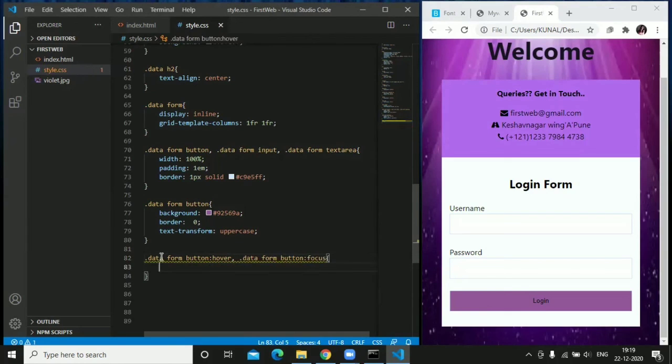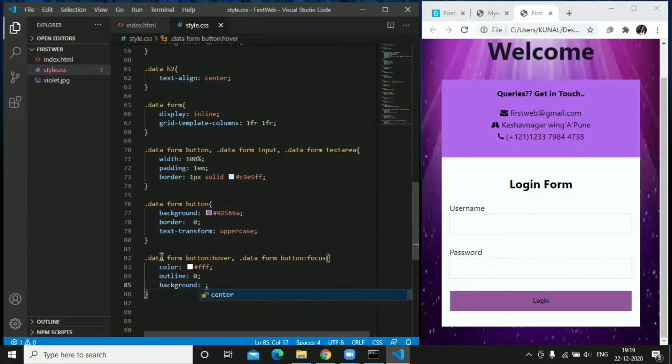Okay, so after that the style should be changed, right? So the color of the text inside the button would be white, and outline would be 0.